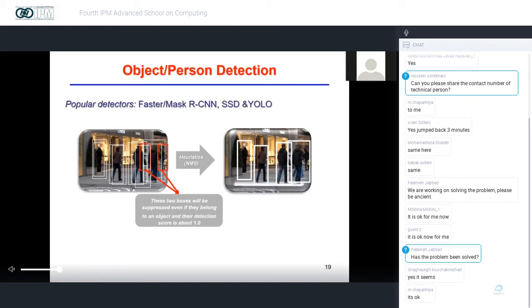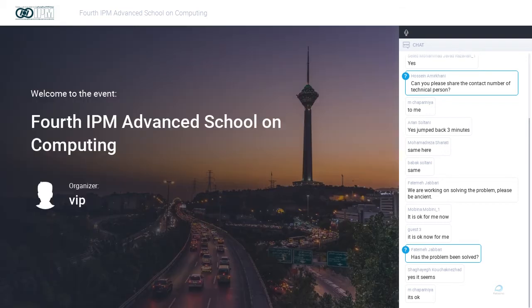I'm not going to explain more than that. If you are interested, there's a lot of research. We already discussed this: NMS is a bottleneck for object detectors, and we are not really able to detect people in a very cluttered area, and that's a very high risk for navigation tasks, because there is enough visual